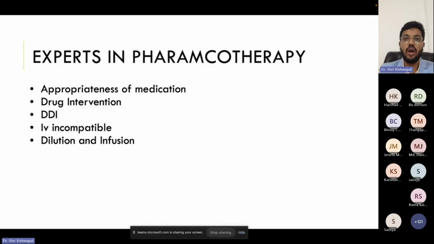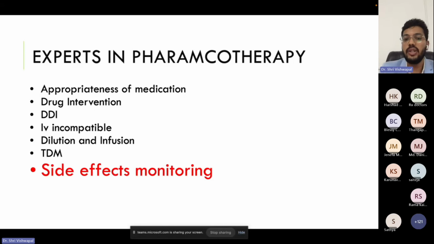It should be a long-term infusion, that is from 1 hour to 1.5 hours. Infusion is necessary to maintain the concentration above MIC. So TDM, therapeutic drug monitoring, is very much necessary in the chemo drugs and side effect monitoring. This is very much elaborated, and so I am highlighting this because